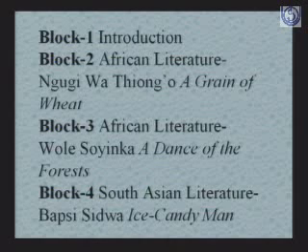In block 5 we have Caribbean literature, and the author we have taken up is V.S. Naipaul, and the text is A House for Mr. Biswas. Block 6 is also devoted to Caribbean literature, with Derek Walcott and Edward Braithwaite being the 2 poets that we have taken up. Block 7 is on Australian literature, and we have taken up Patrick White's The Solid Mandala, a novel by him. And last is block 8, which we have devoted to Canadian literature, and the